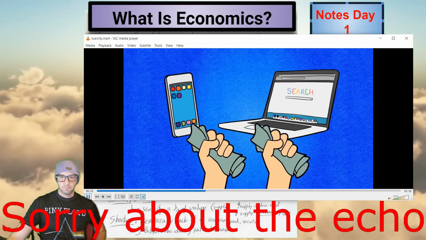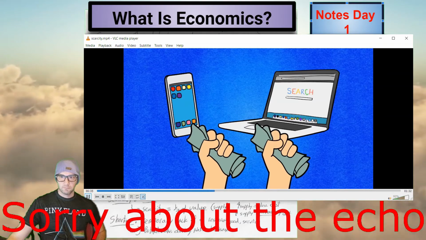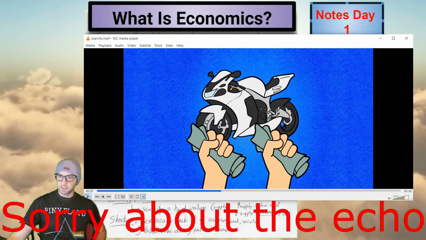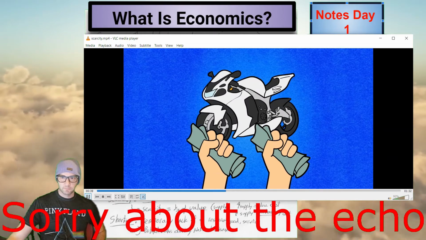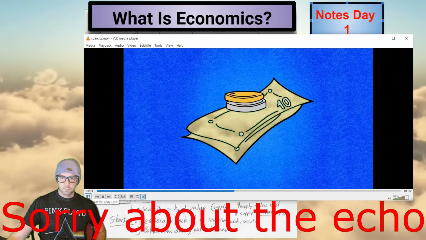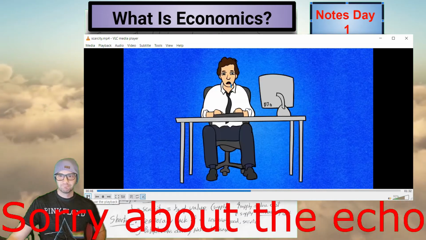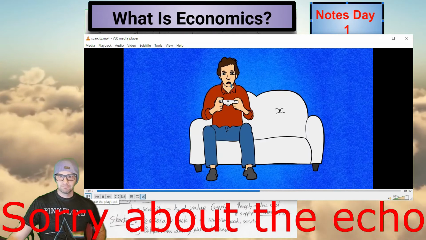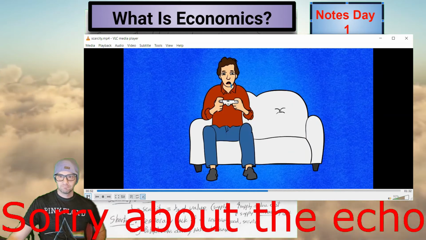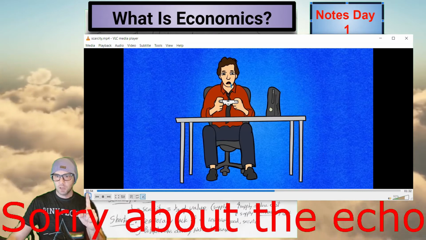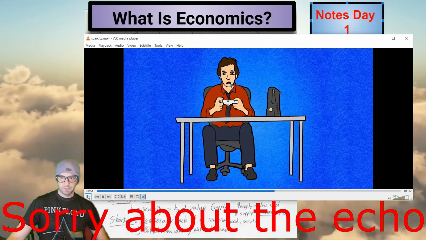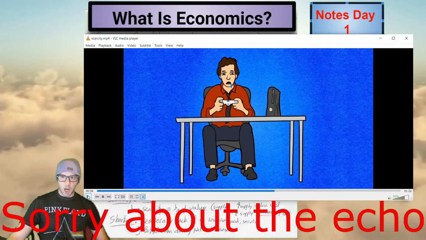Even if you have enough money to buy both, you'll still have to choose between buying those things or buying other stuff. Unless you have enough money for a motorbike. What I'm trying to say is that you can never have enough money, which makes it a scarce resource. Time is another scarce resource. Suppose you need to work, but you also want to play on your Xbox. You can go to work, or you can play video games, but you can't do both at the same time. Well, you could. You might get fired, but you could.